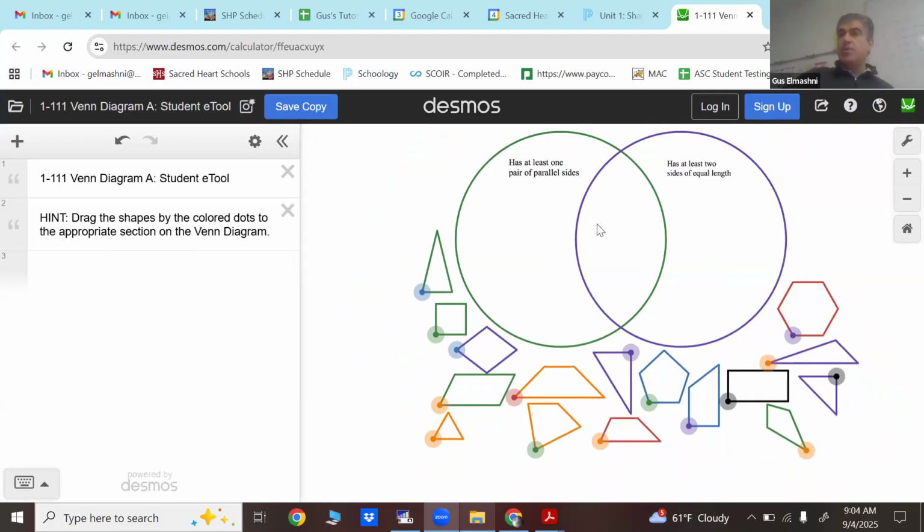So you guys know how a Venn diagram works? Very simple. You have two circles, and they have an overlap. Overlapping means it has to have both those conditions, right? So for example,